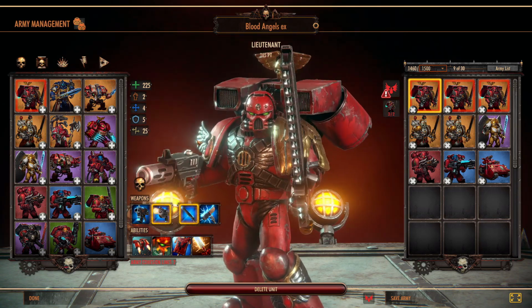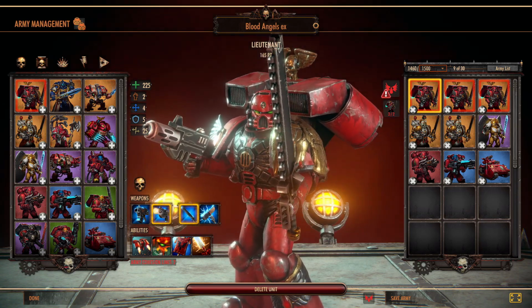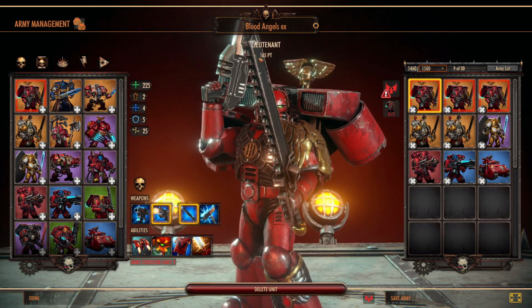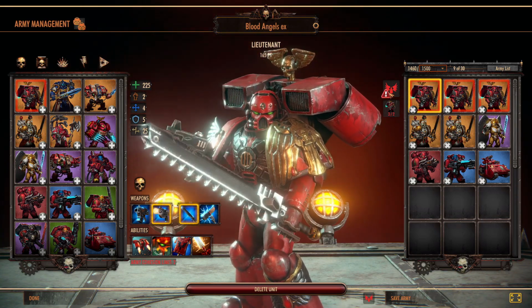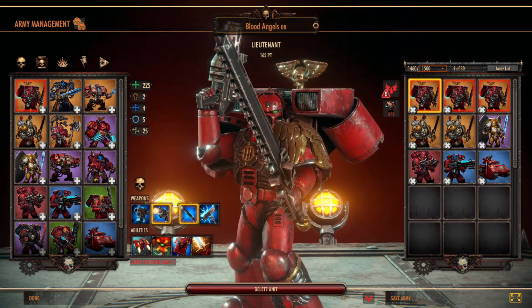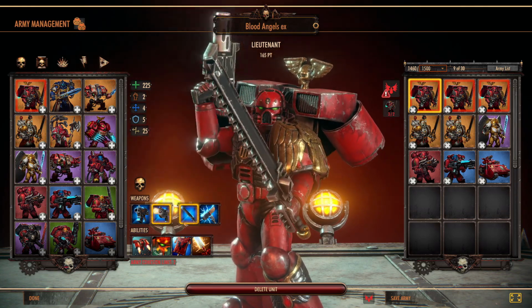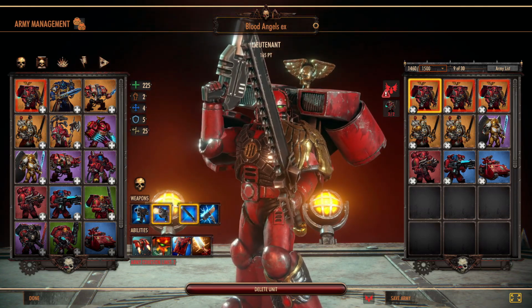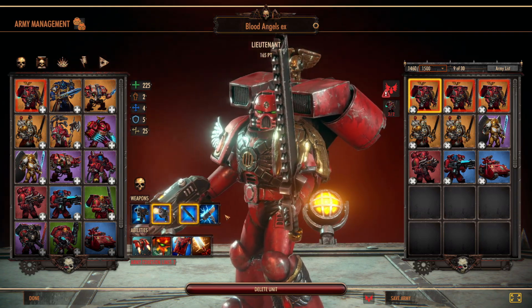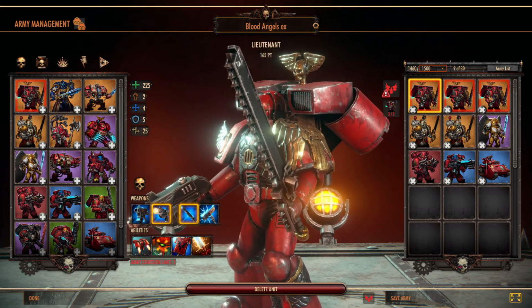So the first unit we'll go through is the Lieutenant. He's your standard commander unit. At baseline kit it costs about 165. Now this little marker here says I'm not in cohesion. Usually when playing multiplayer matches you do need to have armies in cohesion, but since he could be used as a support carrier character or a frontline fighter, I'm going to break cohesion